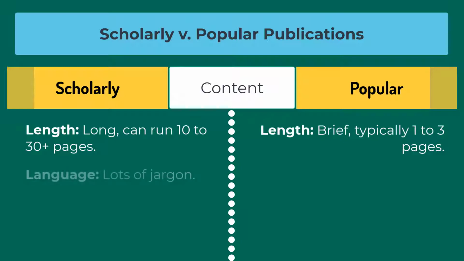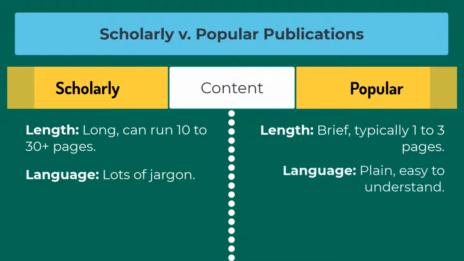Second, they differ in language. Because scholarly articles are written by scholars for scholars, these articles are often filled with discipline-specific jargon, whereas articles from popular sources use plain, simple language. For example, if I was talking to another librarian, I might say that my pedagogical approach to designing information literacy sessions is informed by the situative perspective. That's jargon. If I were talking to someone who wasn't a librarian, I would just say, when I teach library classes, I make sure students get realistic hands-on experience using library resources in the way they would during the normal course of their